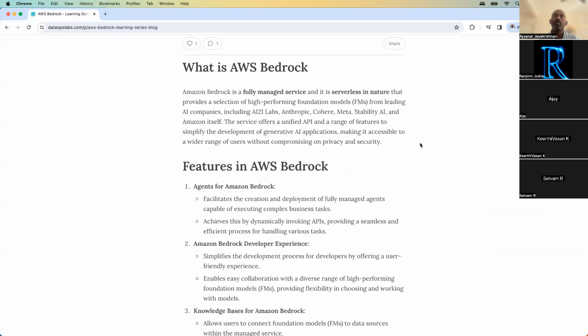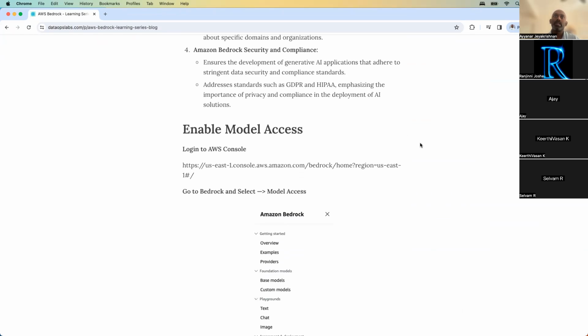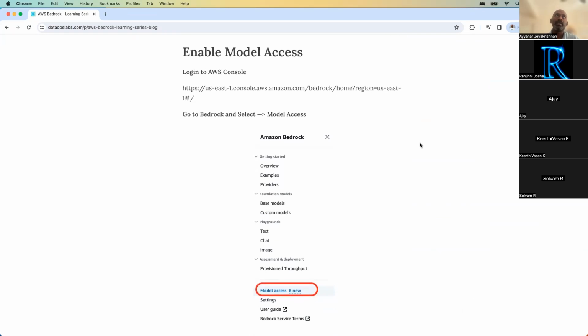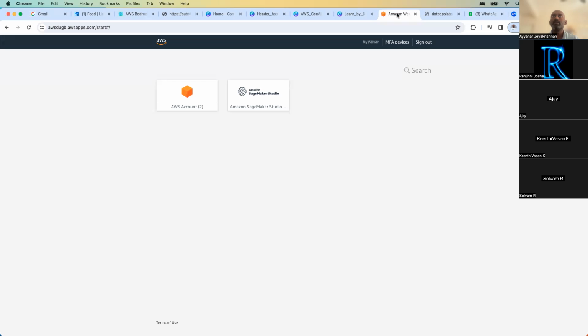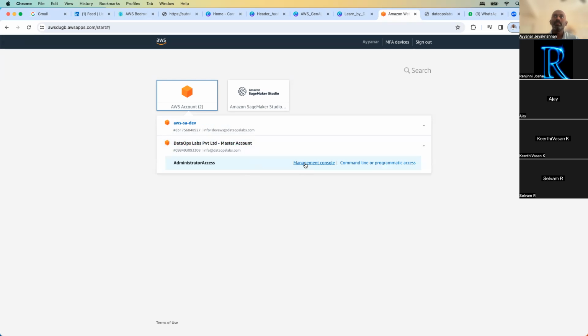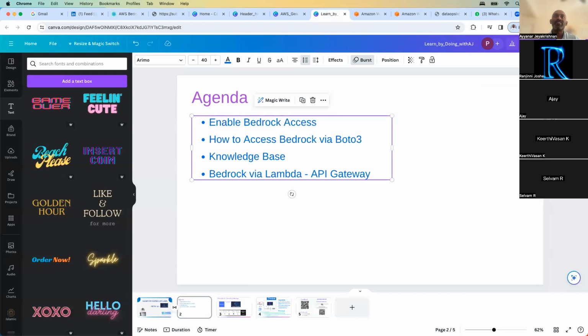I have given details about what Bedrock is and how to enable the access. Everything I have given in detail, step by step. Feel free to go through it in your spare time, but today we'll go with the lab directly. So I'm already on my AWS account. And just for the kickstart, for people who don't know Bedrock,